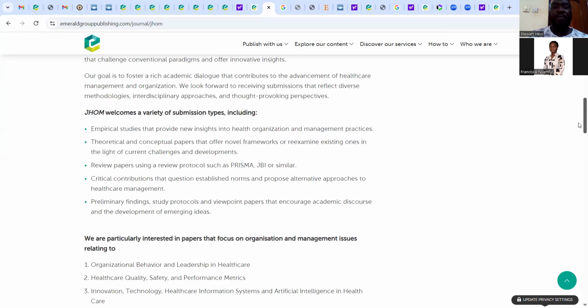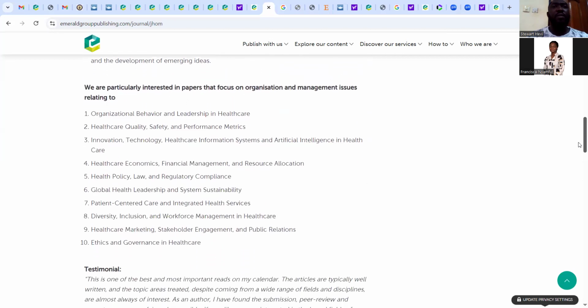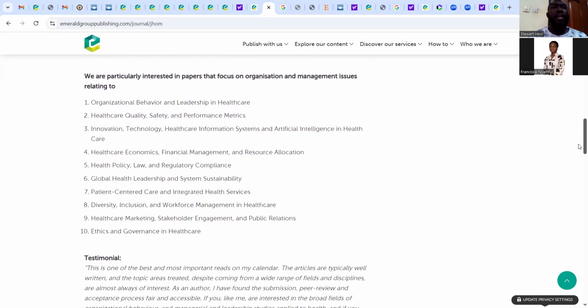But let's go to the specifics. Let's look at the things that it talks about. We are looking at issues of what? Organizational behavior and leadership in healthcare, healthcare quality, safety, and performance metrics, innovation, technology, healthcare information systems, and artificial intelligence in healthcare, healthcare economics, financial management, and resource allocation, health policy, law and regulatory compliance, global health leadership and system sustainability,